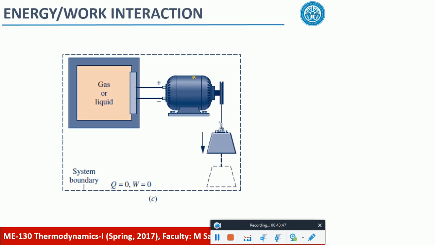Okay? So, try to demarcate it. I would repeat, try to demarcate the body through that control surface, that dashed line. Try to isolate it and then see what kind of interaction it is making with the surroundings. Is it doing some kind of work? Is it getting some kind of energy from the surroundings? Is work done on the system by the surroundings, or let's say the other way around? So you need to think in these terms.